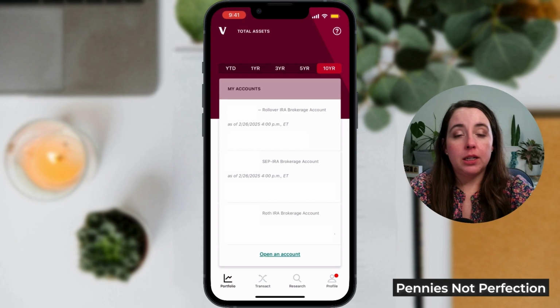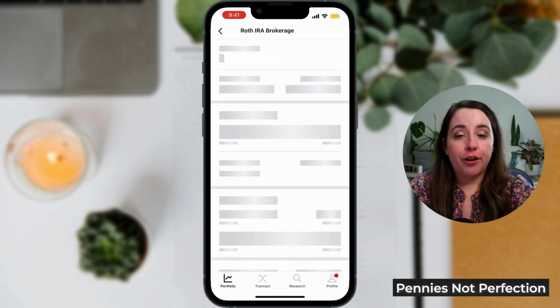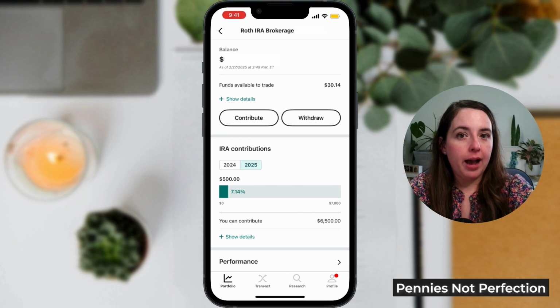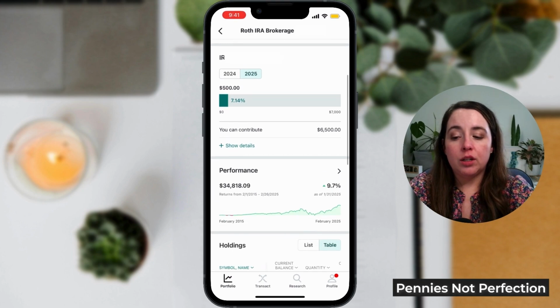Under my accounts, it will list all the different accounts you have at Vanguard. Select your Roth IRA from that list. If you only have a Roth IRA, that would be all you click. And then that will bring up your Roth IRA page. Here, you can do a couple different things, including contribute, but what we want to do is scroll down to